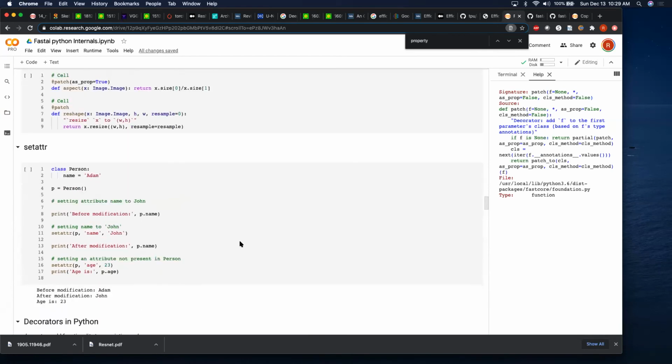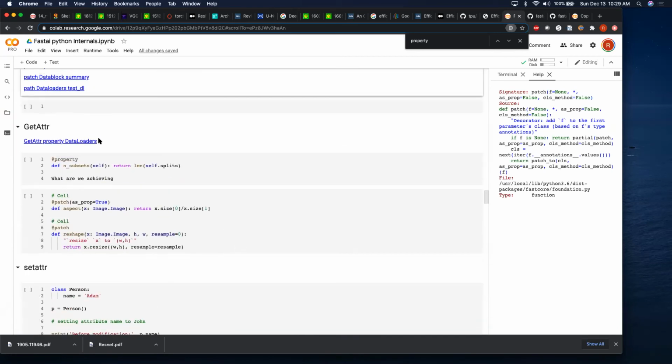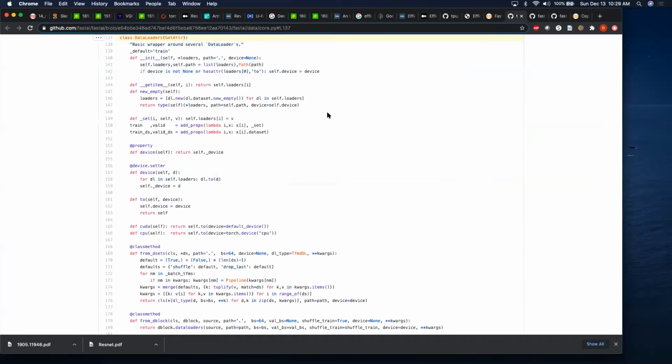Okay, I think with setattr, everyone kind of knows what happens. There's nothing special with that. Let's kind of look at this one. I haven't done much work on this one, but